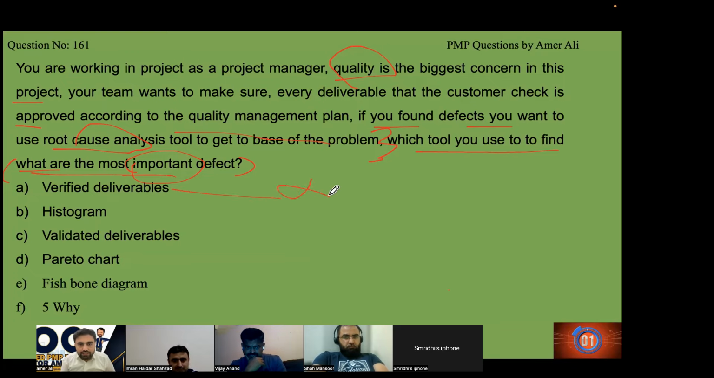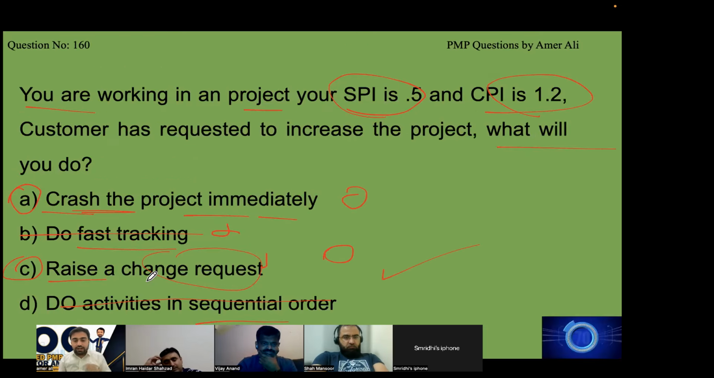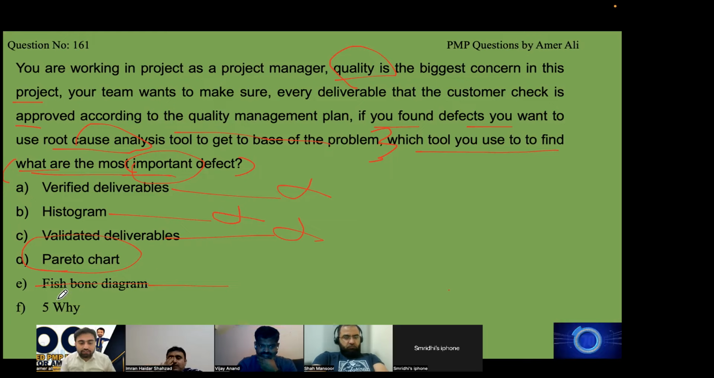A is not the right answer. Verify deliverable. Histogram is not the right answer. Validate deliverable is not the right answer. Pareto gives us the priority, what are the most important things. Fishbone diagram is used to do root cause analysis, and that was a distractor for you, distracting you from the real thing. And if that distractor was not enough, 5 Whys and fishbone are the same thing. Both are root cause analysis. Both are eliminated. Vijay and everyone who put E or F as an answer,